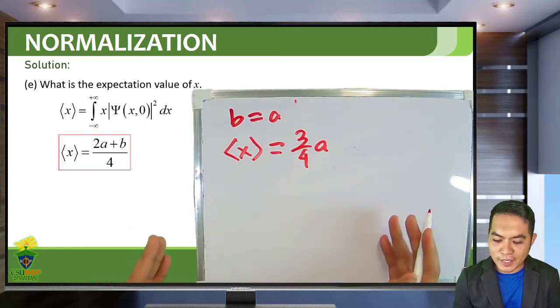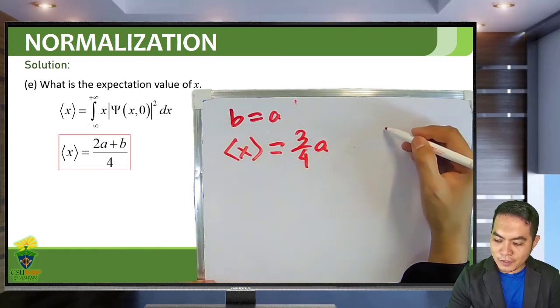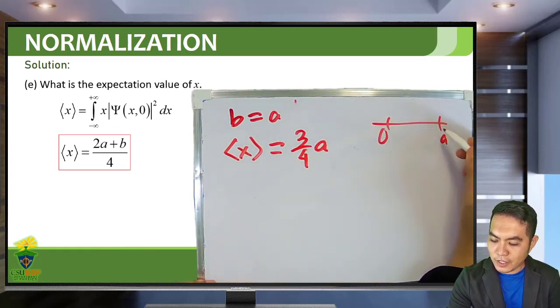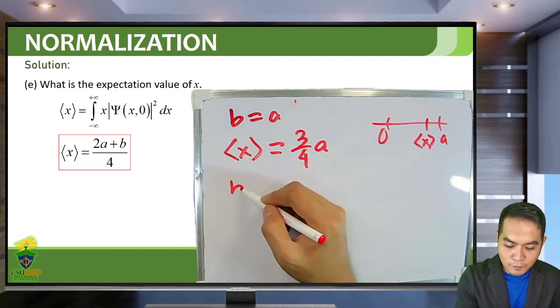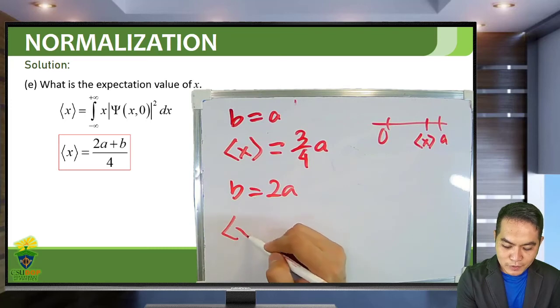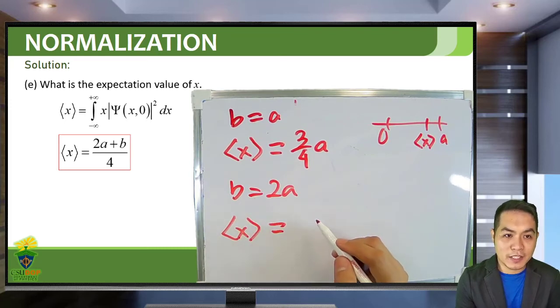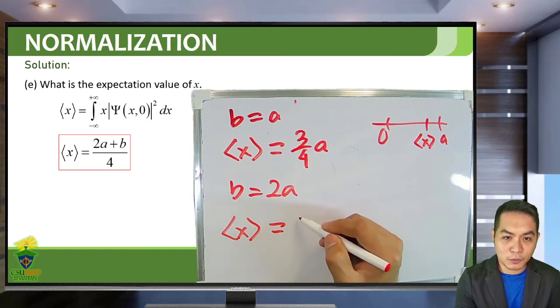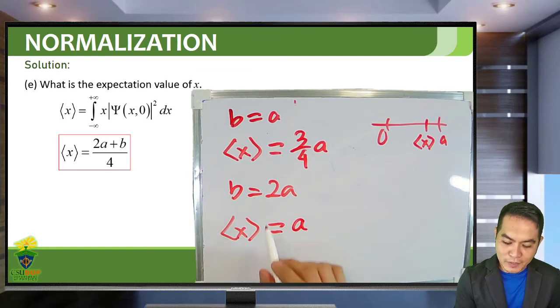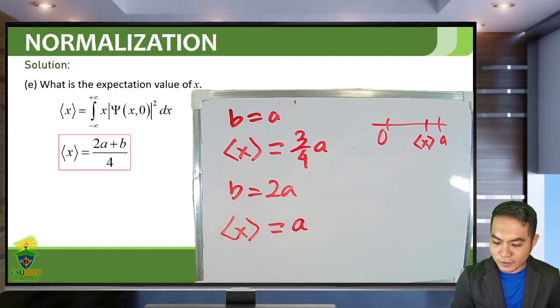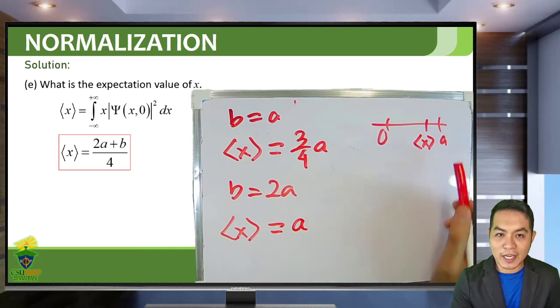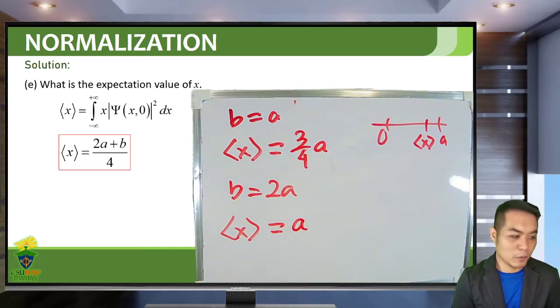3/4 a, so before a, 3/4 the distance. So if this is from 0 to a, your expectation value is somewhere here, 3/4 a. So if b is equal to 2a, what will happen to your expectation value in this limiting case? So you will have 2a plus 2a, so you have 4a over 4, so x is equal to a. So in the limiting case, b is equal to 2a, your expectation value is x is equal to a, which, if you will recall,